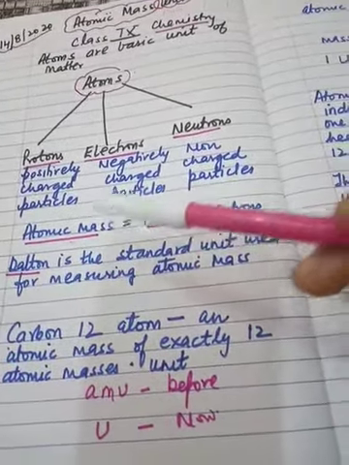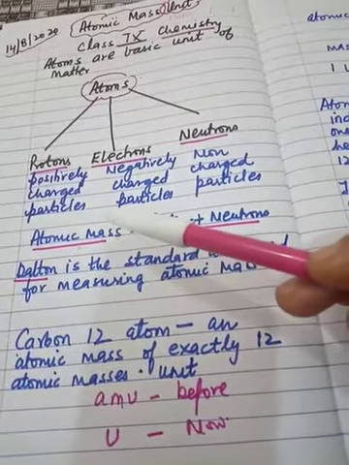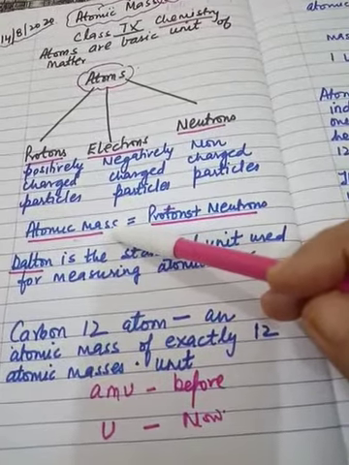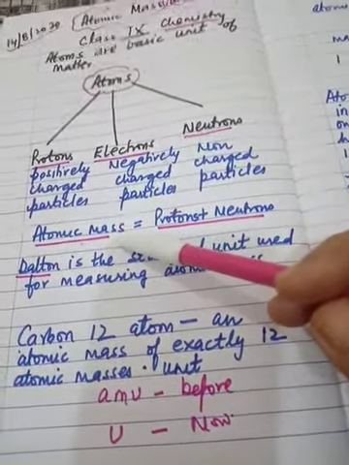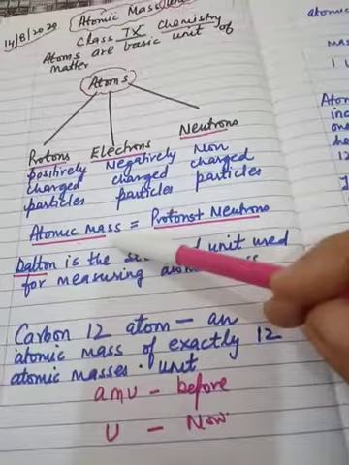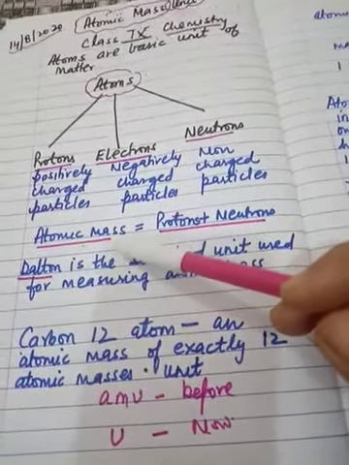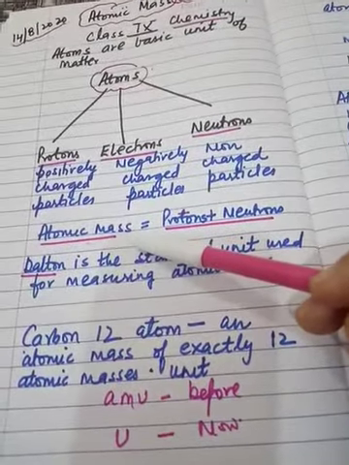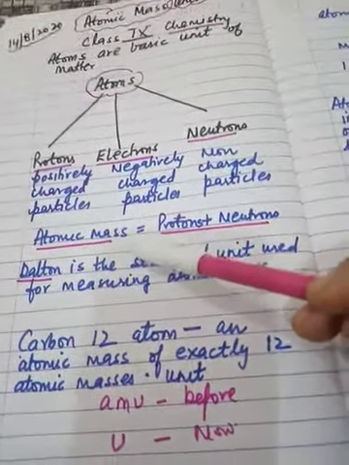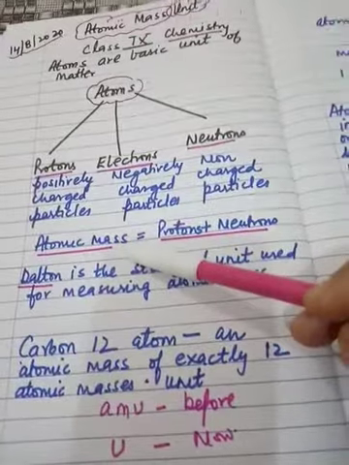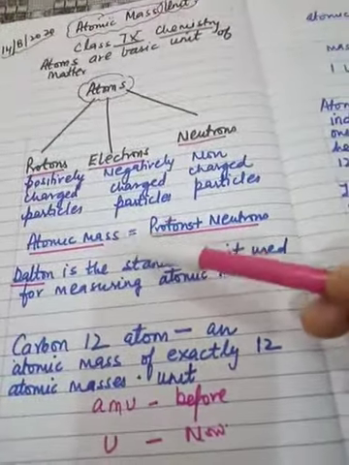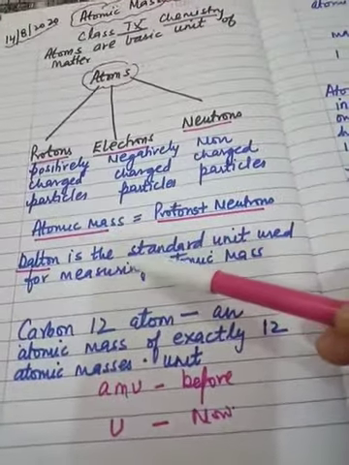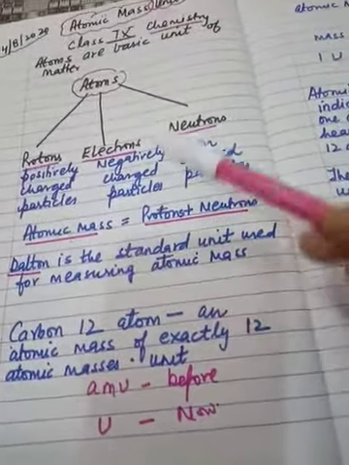Actually, the masses of an atom of an element are very small. It is not convenient to use such a small and complicated figure in our calculation. So therefore, it was necessary to define atomic mass in such a way that we get a simple figure for that. So to understand the present definition of atomic mass,